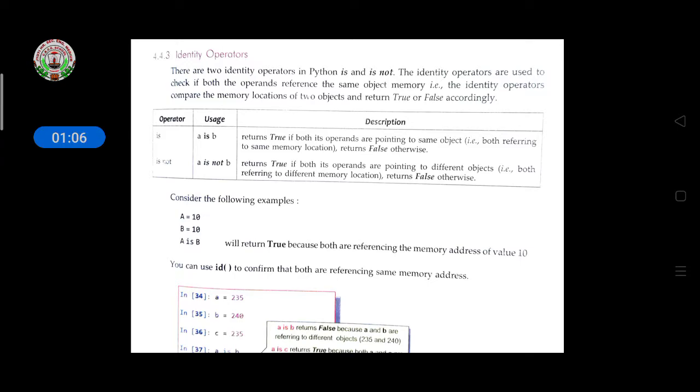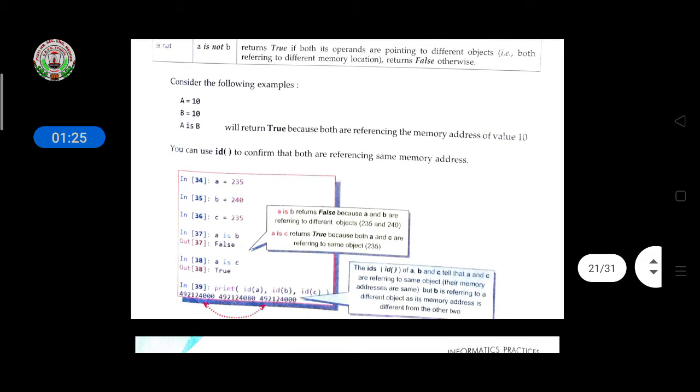The is not operator, A is not B, returns true if both the operands are pointing to different objects, that is, referring to different memory locations; otherwise it returns false. If the condition is matched, it returns true. If the condition is not matched, it returns false.